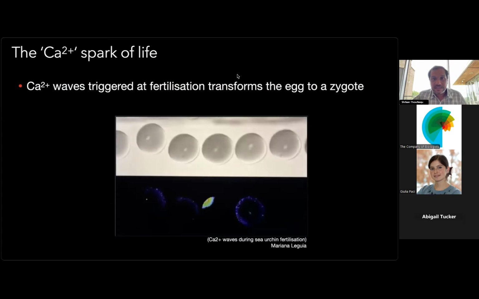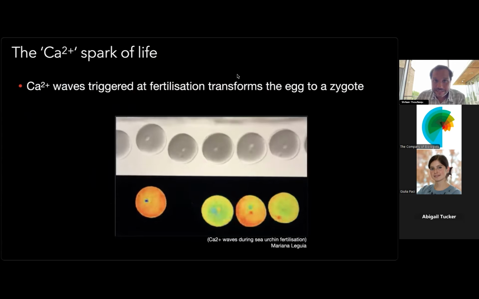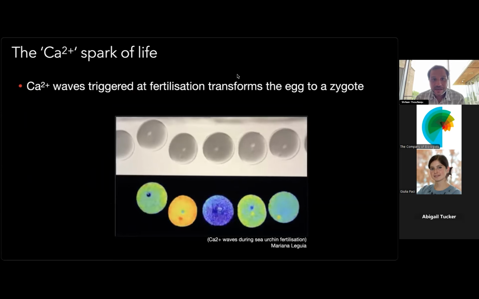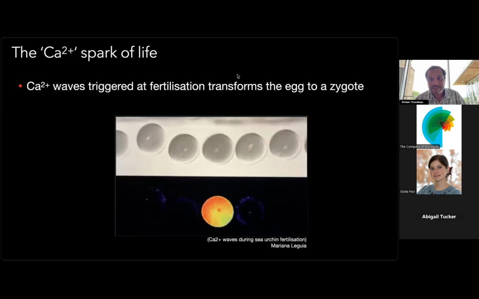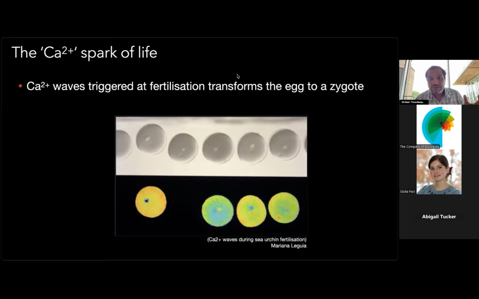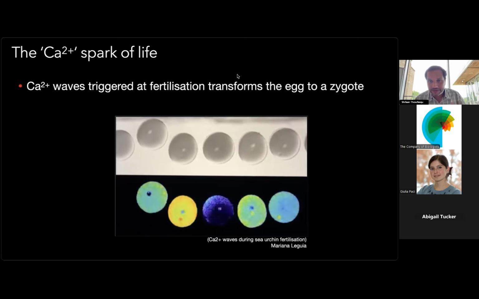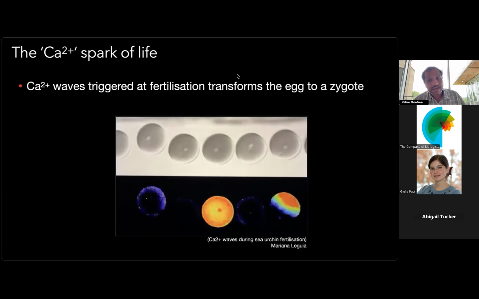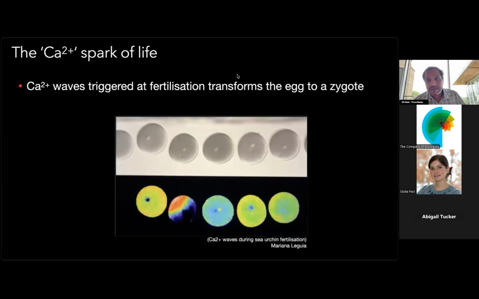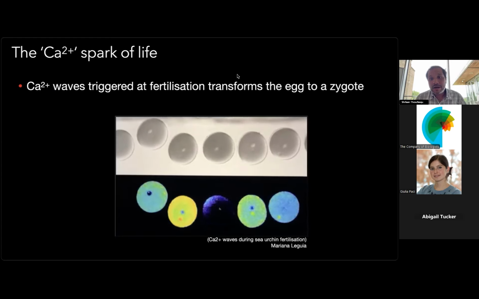So we know that life, or if you like, embryogenesis, starts with a calcium spark. In fact, the act of fertilization induces a wave of calcium that traverses across the egg, which converts the egg into the zygote, otherwise known as egg activation. In the mammal, this wave takes about 2 seconds and is followed by periodic calcium responses. This has been known for a long time, but little is known about